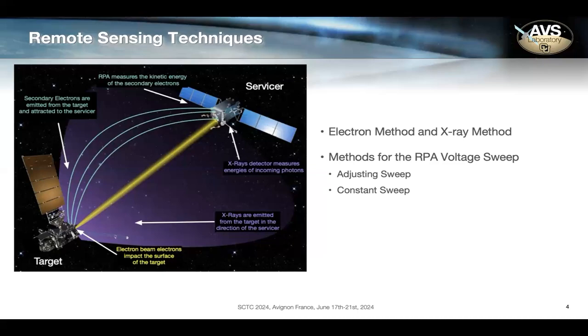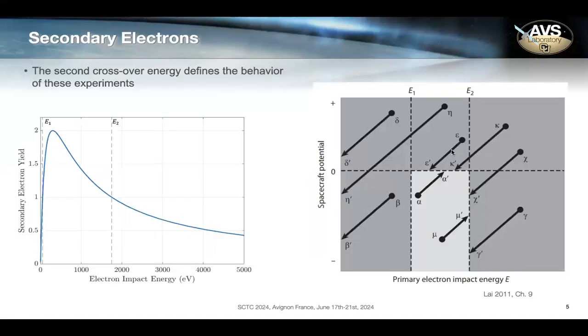Both of these voltage sweep methods are explored in this project, and the results are presented with the rest of the results. One important thing to know throughout this presentation is that the second crossover energy of the secondary electron yield will define the behavior of the experiment. The only important thing you need to know is that E2, the second crossover energy of the secondary electron